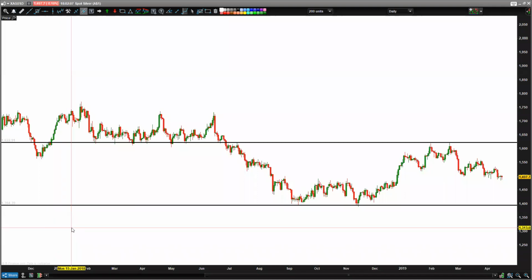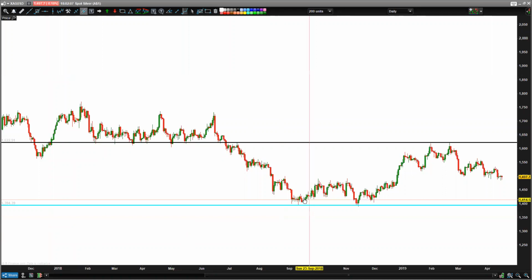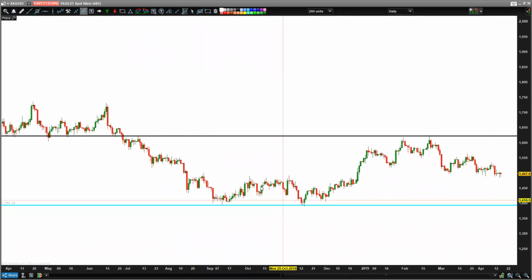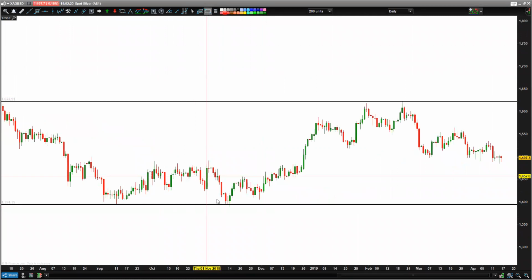So, for example, on this market of silver on a daily chart, each one of these bars represents the price action of one day's price of silver. So on this day, for those of you complete beginners, that's fine. That was the open. So on this day, silver started at $14.02, and it closed this day at $14.14. At some stage during the day, the price was as low as $13.90, and it was as high as